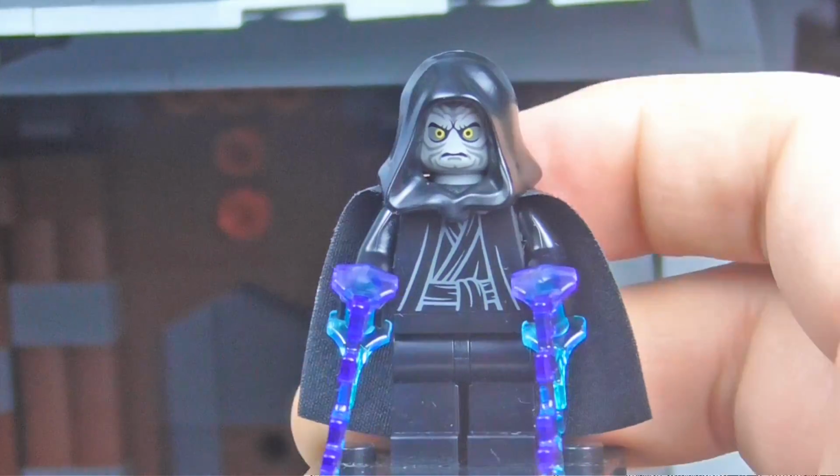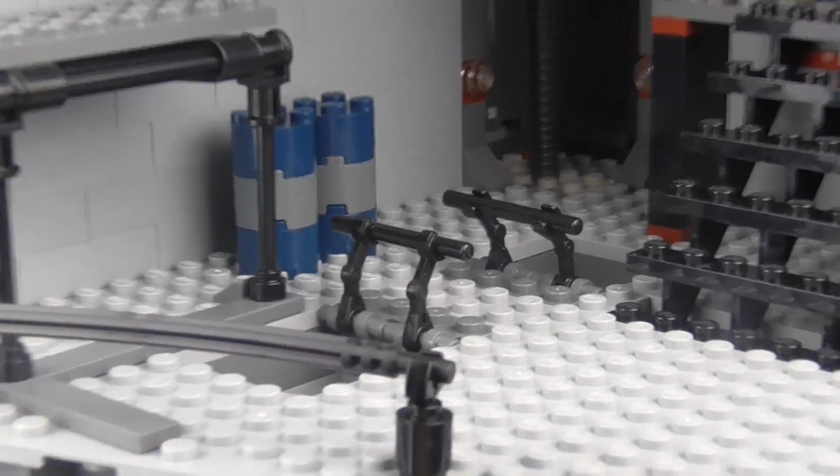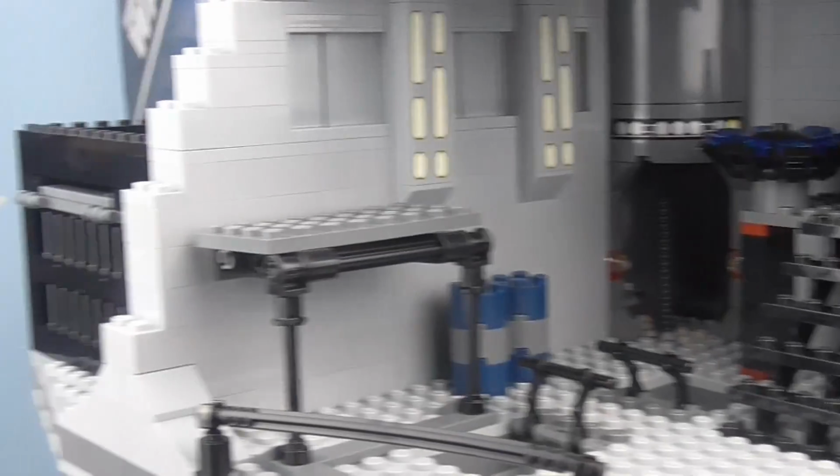I don't know, it's something about him that just makes him such a bad villain, and he falls off the thing. You got this, which I'm not sure 100% what that is. I know